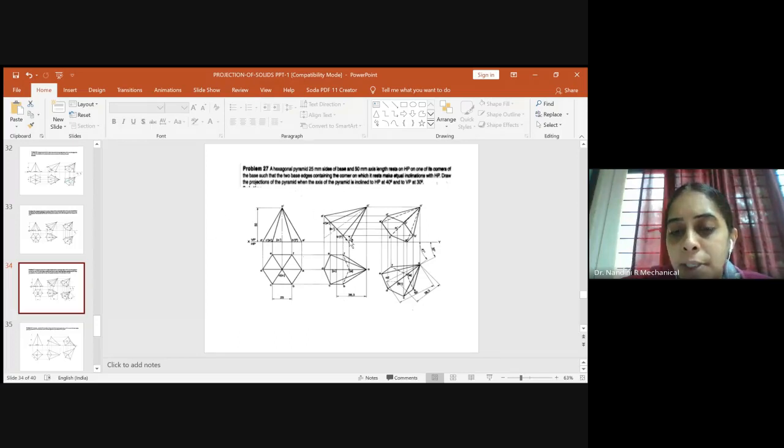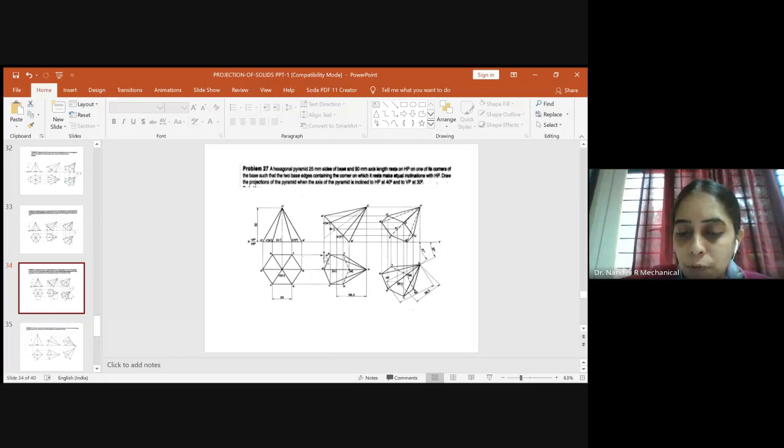And you have one corner here on the XY line. If one corner is resting on the XY line, the projection coming through that corner will always be hidden. So here you can see A dash, the projection of A, is hidden, right? You have two edges coming through the corner A, so these two edges will be hidden. A to F will be hidden and A to B will be hidden, because this corner is on the XY line. The corner which is on the XY line, the projection coming out through it will be hidden. So that we are done.